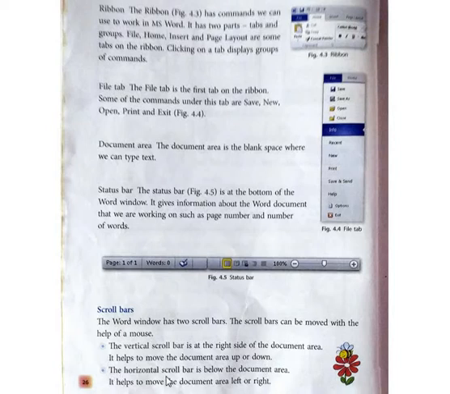Next, the horizontal scroll bar is below the document area. It helps to move the document area left or right. The vertical scroll bar is used to move the page up and down. The horizontal scroll bar is used to move the page left and right.